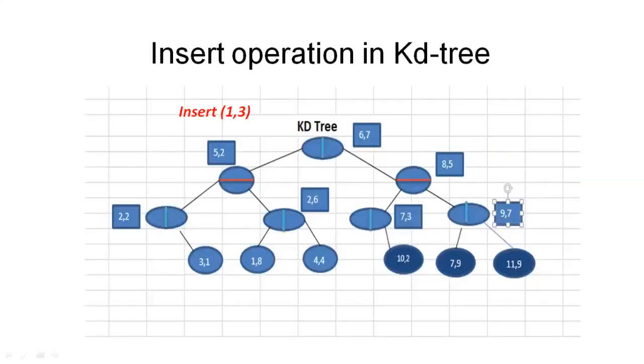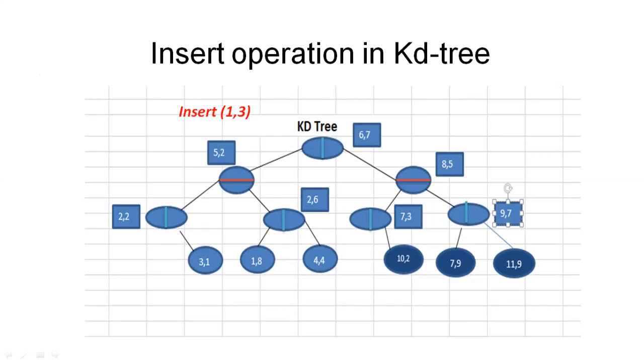Okay. Now the next algorithm we are going to see is the insert operation in KD tree. Same as in search operation, the insert operation again is the same as in a binary search tree. But remember only one difference. The difference is that at every level we will be comparing the value for the current cut dimension. So when we are at the root, maybe we will compare only the x coordinate.